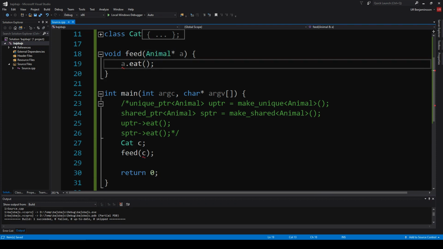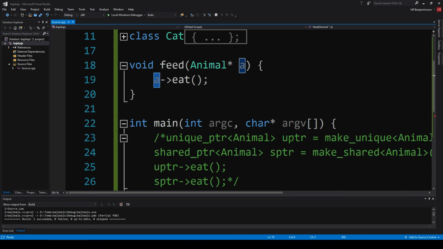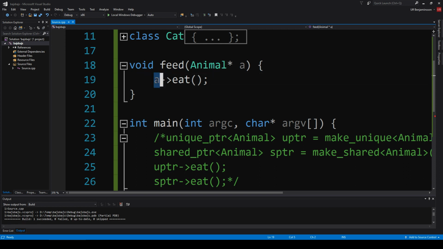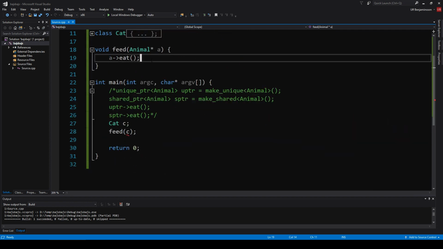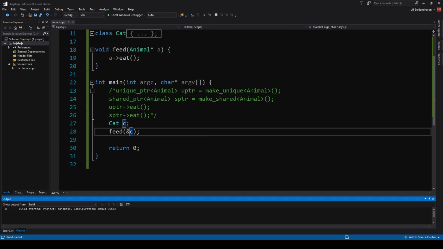So we can pass in a pointer to an animal. And when using a pointer, as you know, we have to dereference to call methods on the object. This is the object somewhere in memory, right? This is a dereference. This is just an address. That A, just an address. So go to the address, dereference it, call eat on the object that you found there. And this will make use of polymorphic dispatch. We don't have a pointer here anymore, so either I can send in the pointer of our local object, that works well,